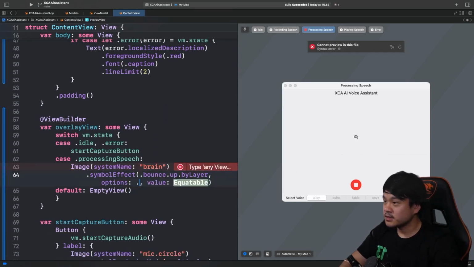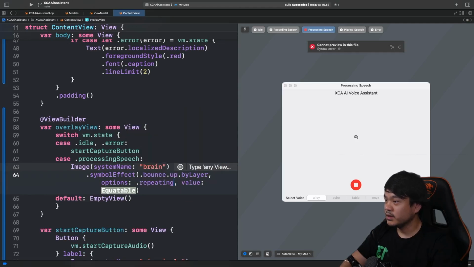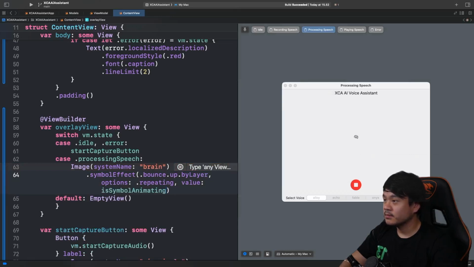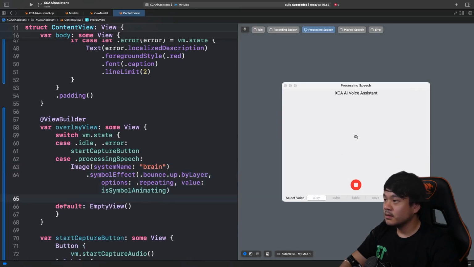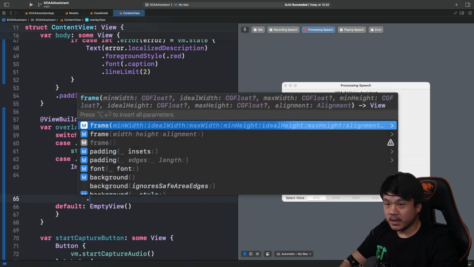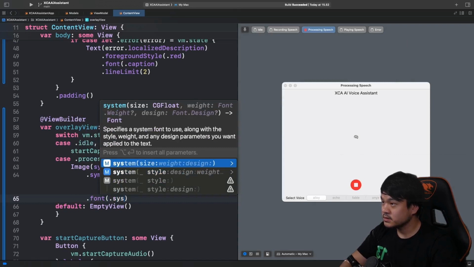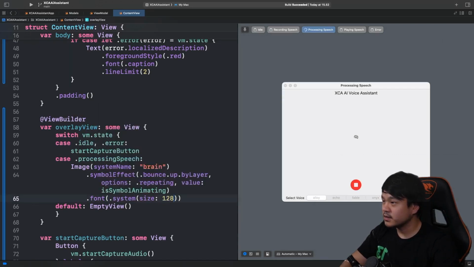And for the options, let's pass repeating. It will keep on repeating. And for the value, we need to pass that state isSymbolAnimating. And next one, let's pass this font with the system size of 128 to make it bigger.